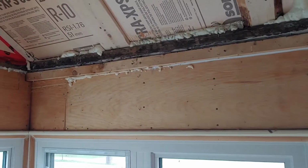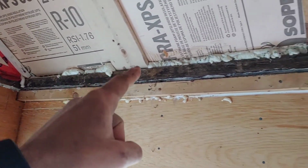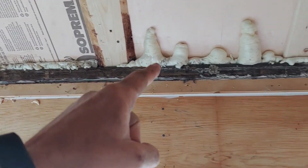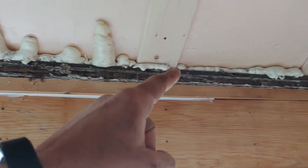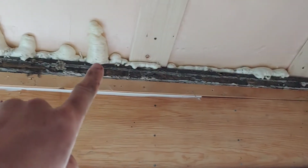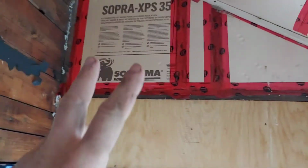I took the spray foam and I filled all the cracks. So I came back again for a second full application. So I've got every crack is now filled all the way around. I've got to come back obviously and trim this out of the way. This outside wall, as before,